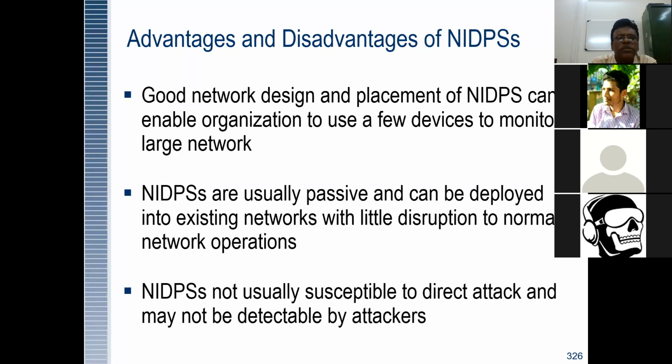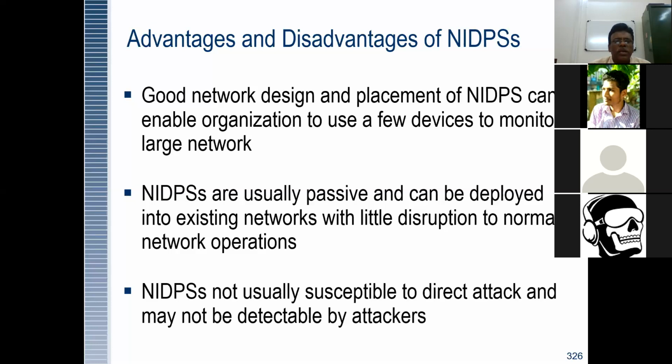all these things, which are some sort of monitoring of a wider scope network, are usually passive and can be deployed into an existing network with little disruption to normal network capacity, with not many side effects to any network available, without needing a signal, without making use of backup or power supply, which would provide a solution if something goes wrong, or disruption or insecurity happens. We can do the operation in the normal network itself.